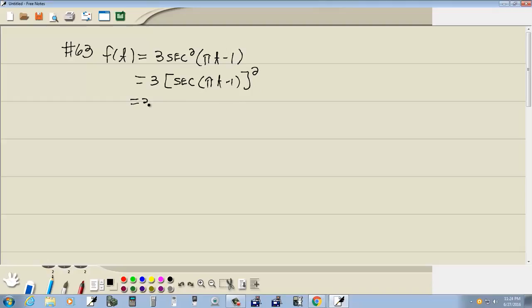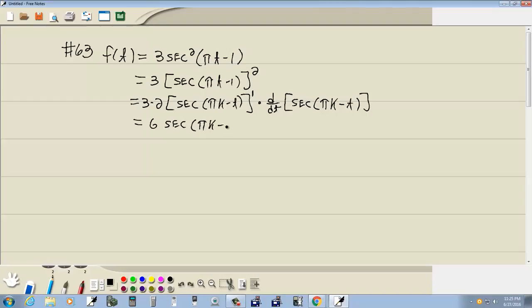Now this is a chain rule. We got something to a power, so we'll take our power, put it out in front. What's inside the brackets in this case remains as is, and then we lower our power by 1, so the 2 minus 1 is 1, and then we multiply it times the derivative of what's inside our bracket, which is secant pi t minus 1. So that's going to give us 6 secant pi t minus 1